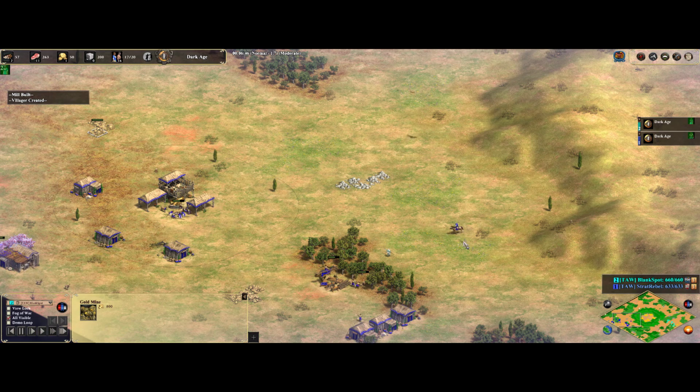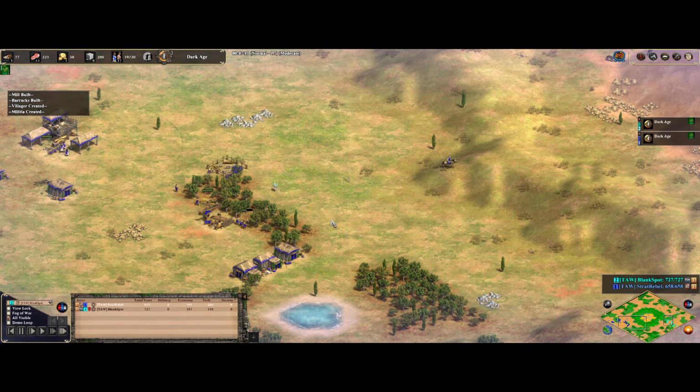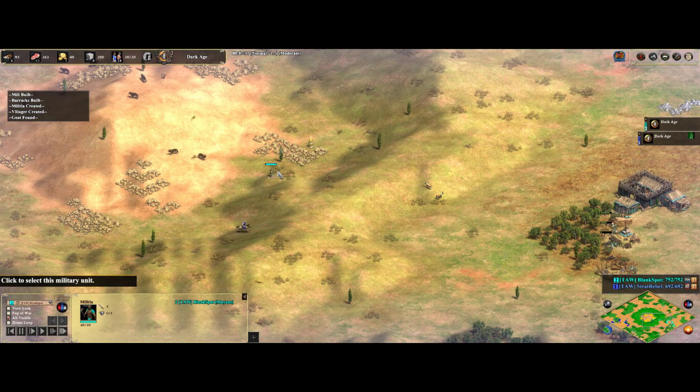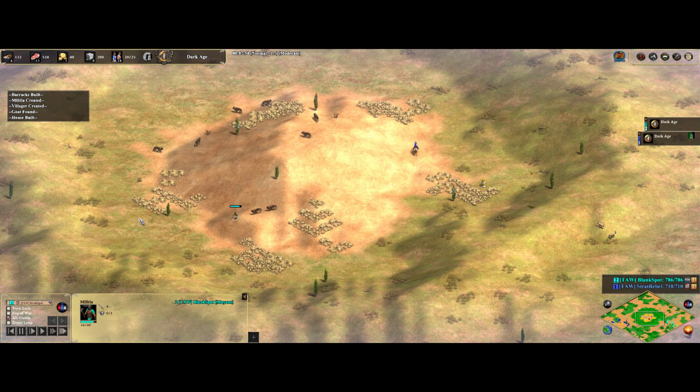So obviously in Gold Rush, the player who drops their TC or castle in the middle first wins. Oh, BlankSpot going for a drush here. These wolves will do their job. If he stops and fights this, he might just...